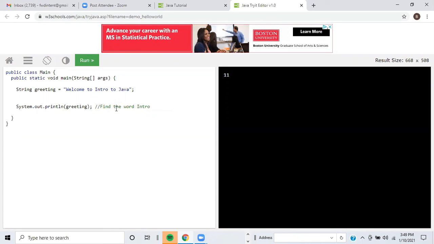All right, so I'm using the plus sign for concatenation. I want to concatenate 2 strings. So if I have the greeting, welcome to Intro to Java, what if I want to start this with another string? So I want to print, hi, Mark,